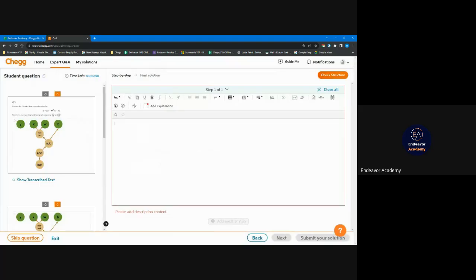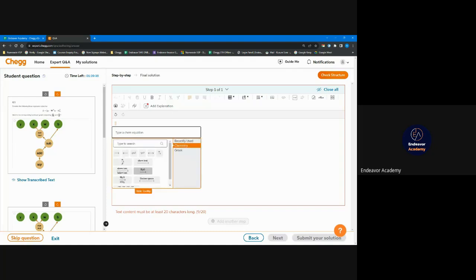Next thing is the insert cam inline equation. Cam inline equation means same as a normal math in-text inline equation. In cam inline equation, if I click on the show tooltip, it will show me some tools related to chemistry. So if I want to write any equation, I can write it here as